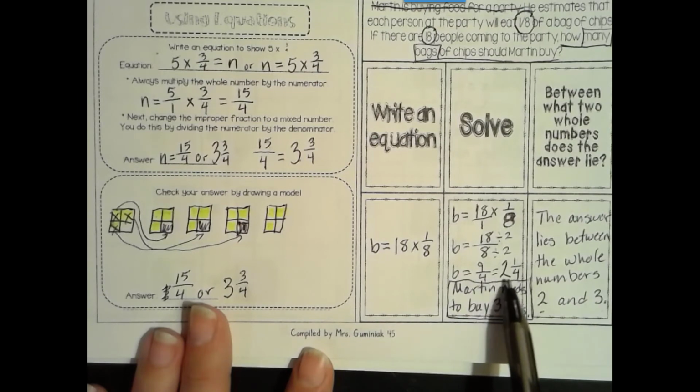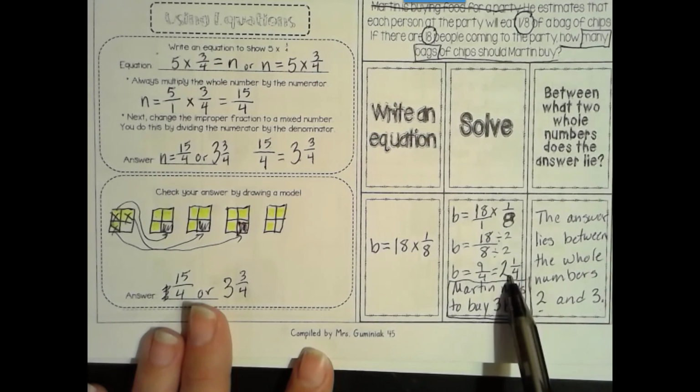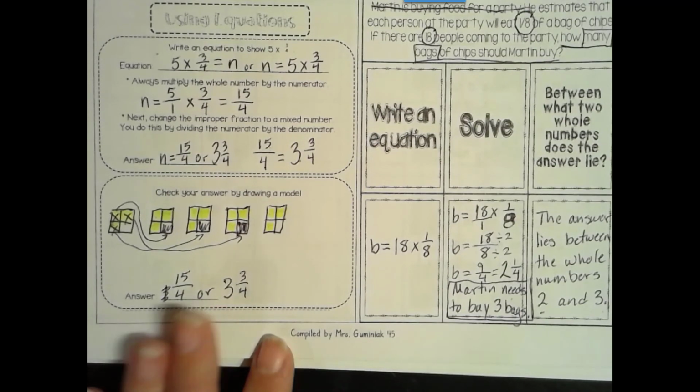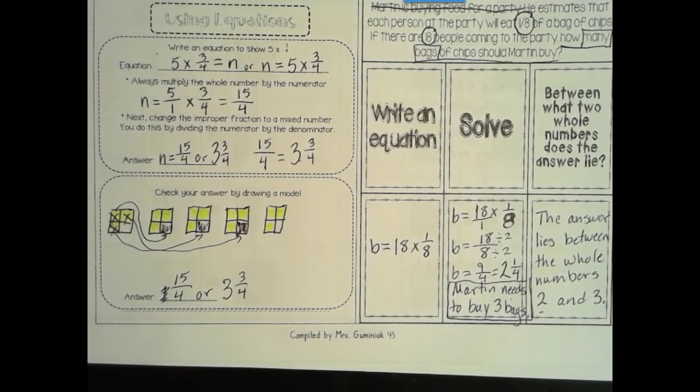What is this mixed number between? It's between 2 and 3. And see how this mixed number made it a little easier to answer than leaving it as an improper fraction? All right, let's go ahead and keep practicing with our 3-column